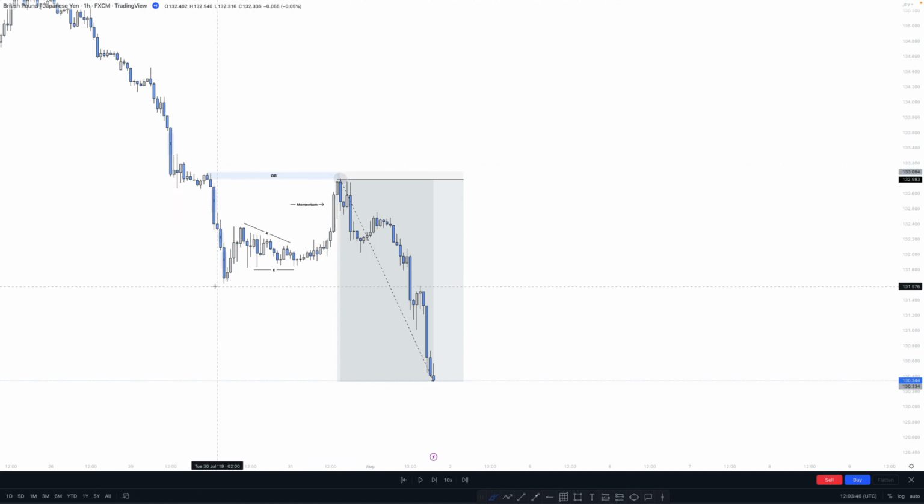So impulse, correction, impulse. We had this impulsive breakout structure, nice momentum, imbalance left behind, no retraces in impulse, liquidity forming before our order block, longer standing price action, a high probability trade on GJ, small order block stop loss, a little bit more aggressive approach coming back, but these trades work really well on GJ, and it's a perfect example of a continuation trade. So basically, trading the hybrid strategy, you're going to trade reversals and you're going to trade continuations, guys. This was an example of continuation, and the previous example was an example of a reversal trade.